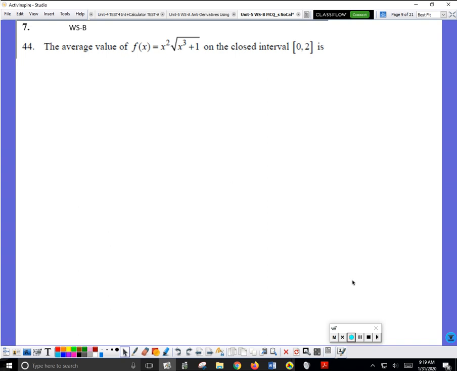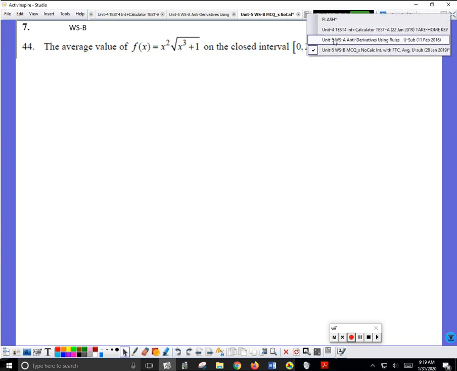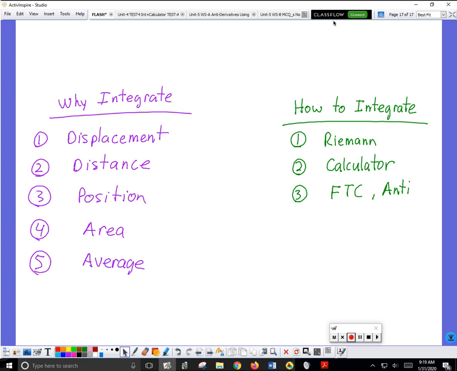Okay, remember this flashcard right here? That should look familiar to you. Now make sure your phones are all put away now. So,